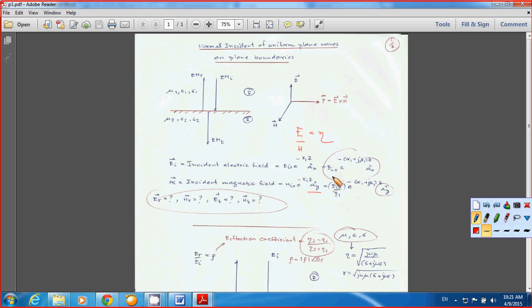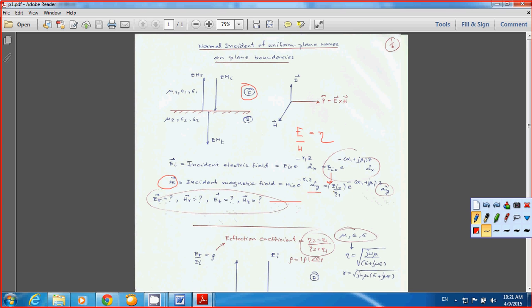So I can write the amplitude of the magnetic field to be Ei0 over eta 1. Okay, where subscript 1 is in medium 1, and